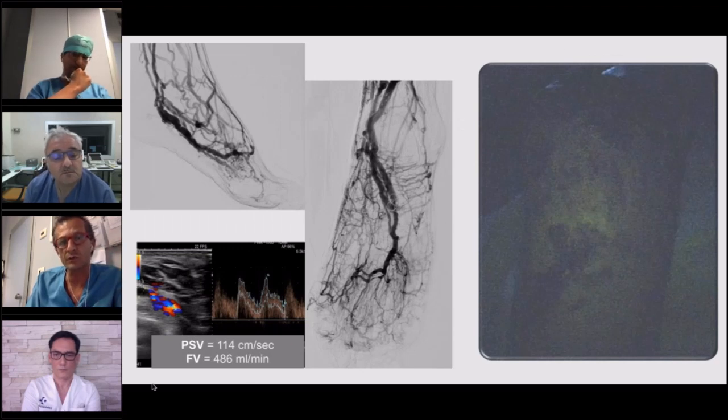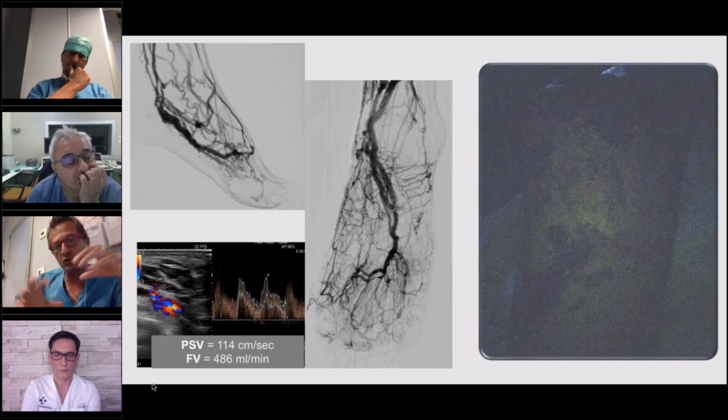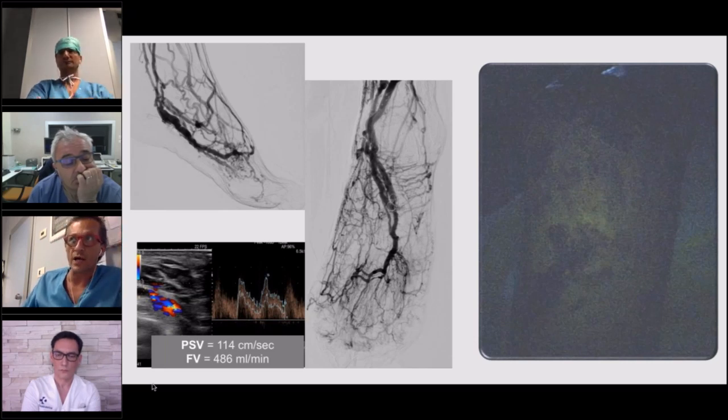This, in order to obtain this final result, a very good distribution of this arterial flow through every vein into the foot, which is very important. We can see in the duplex study, we obtain an effective flow rate into the foot, like in this case, with a flow rate of more than 400 milliliters per minute.